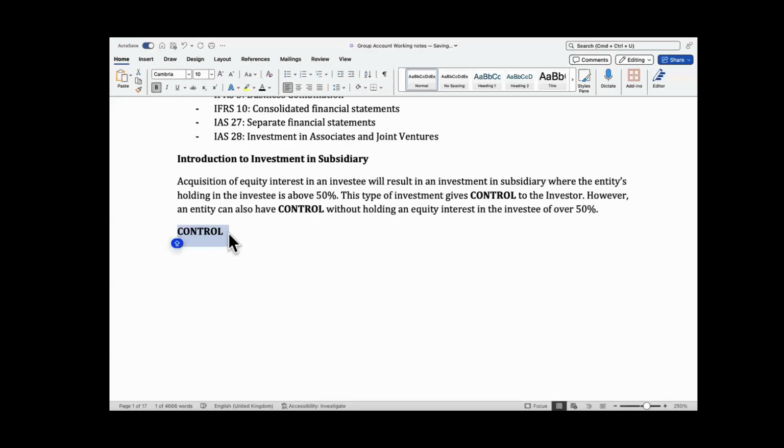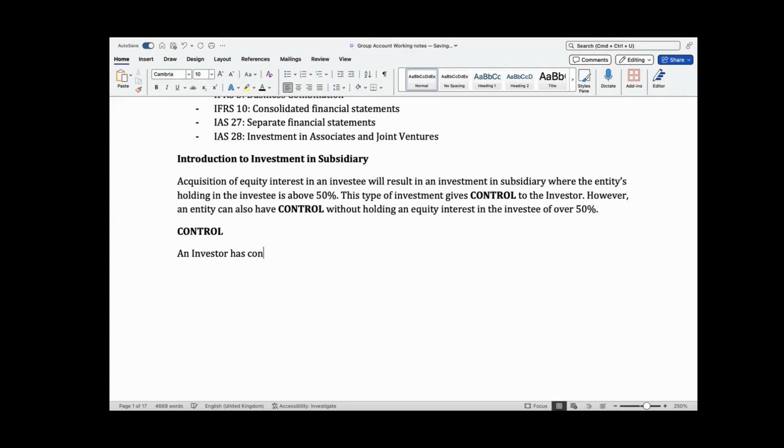When you say you have control, don't think it twice. Your investment is an investment in a subsidiary, because that's what signifies an investment in a subsidiary. Control. That's your investment. It's an investment in subsidiary. That's what you call it. So you see, when we say control,